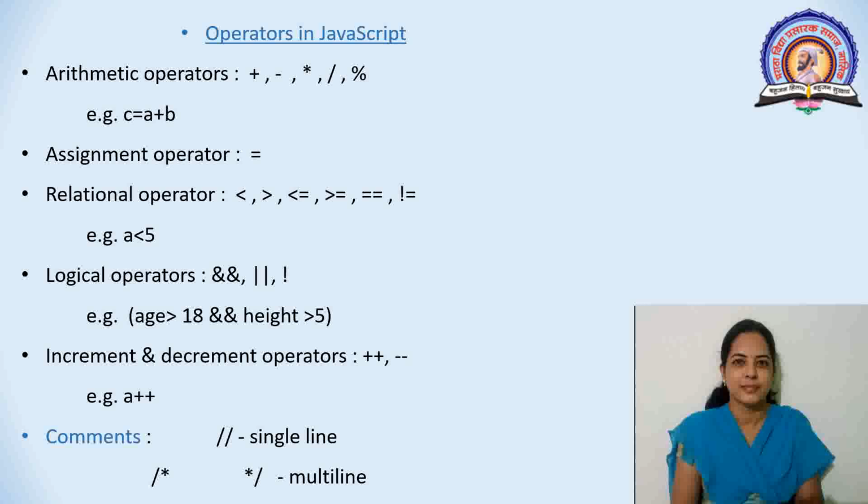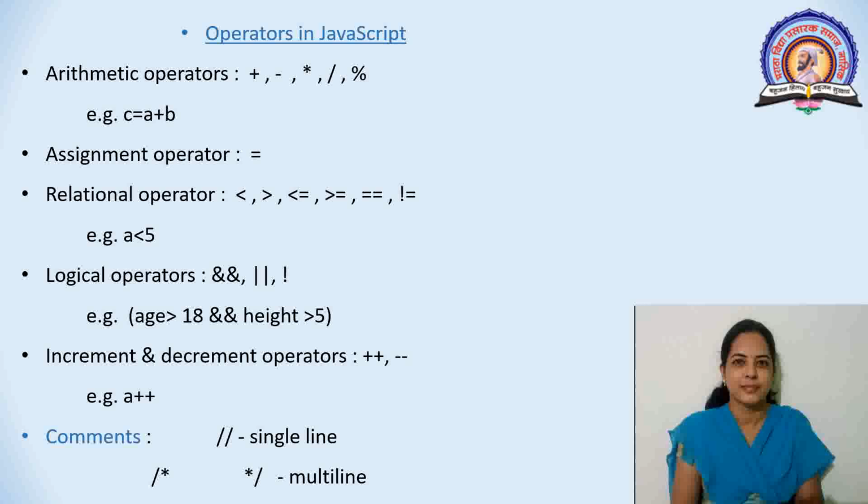Then third type is relational operator. So we can compare with these operators like less than or greater than, less than equal to, greater than equal to or not equal to. So all these are relational operators. Then logical operators. So and, or, and not. These operators are used to verify more than one condition at a time or to negate the condition. So these are the 3 logical operators, that is and, or, and not.